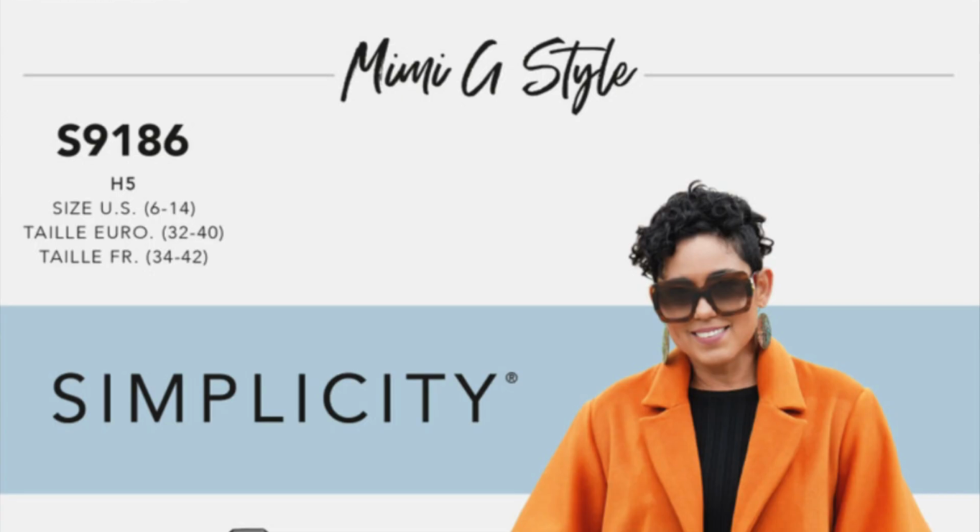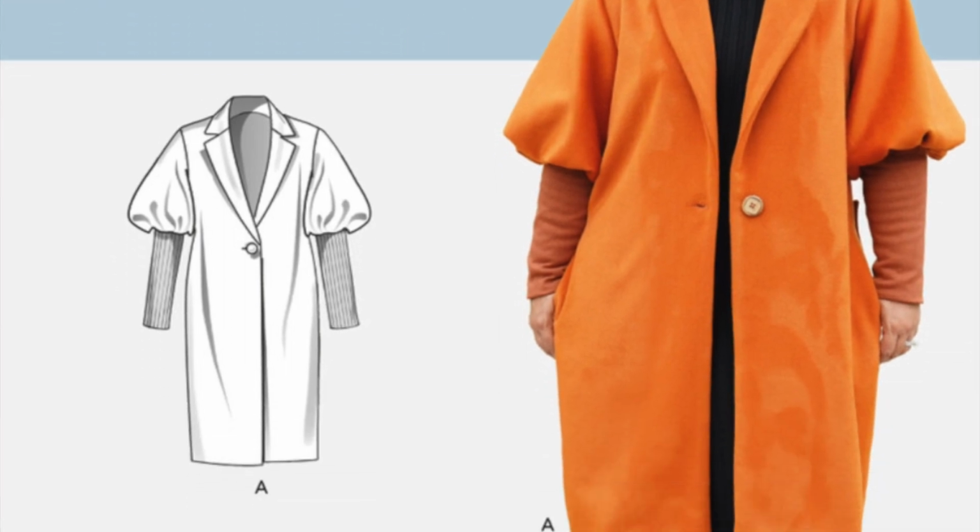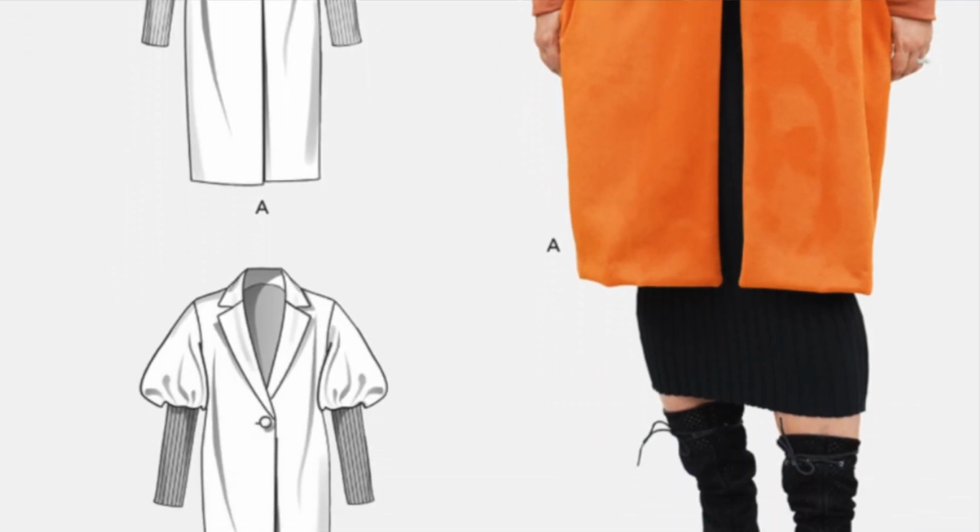Hello and welcome. My name is Elle with Elle and Estelle, and today I'm going to be showing you how to sew Simplicity S9186. This is a Mimi G Mrs. coat and jacket. Today I'm going to be showing you how to sew view B, which is the shorter version